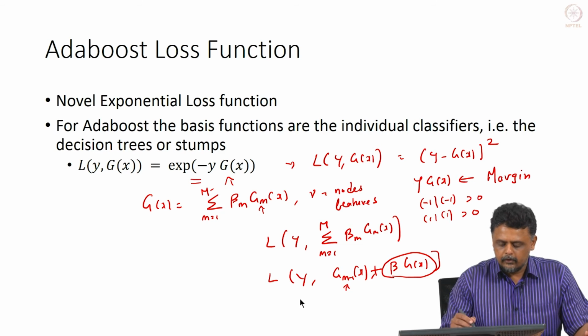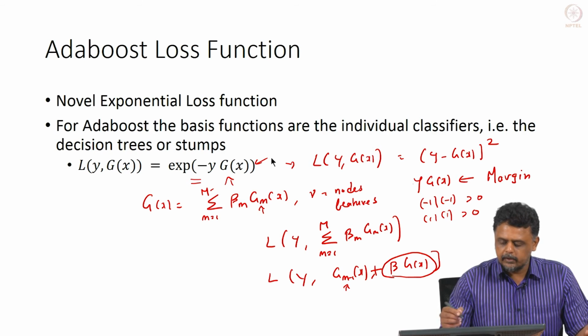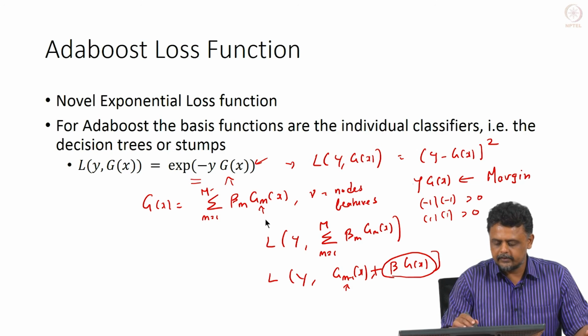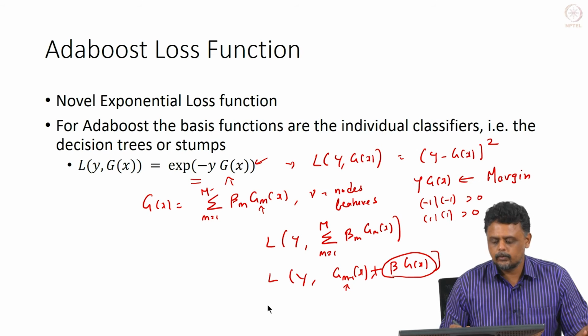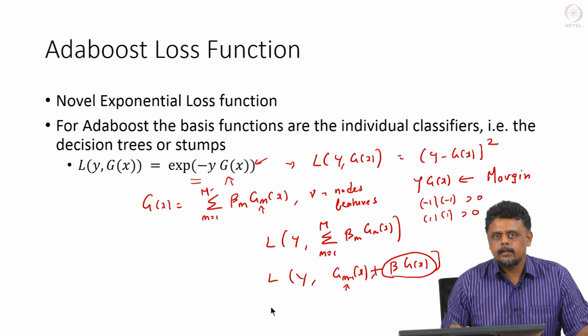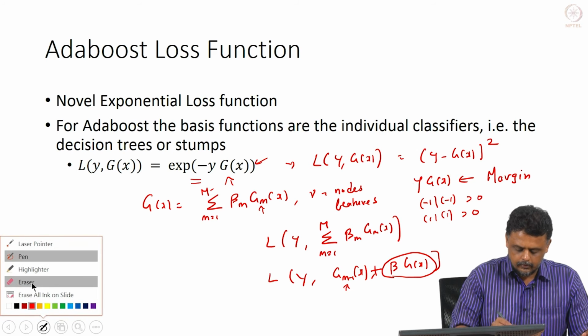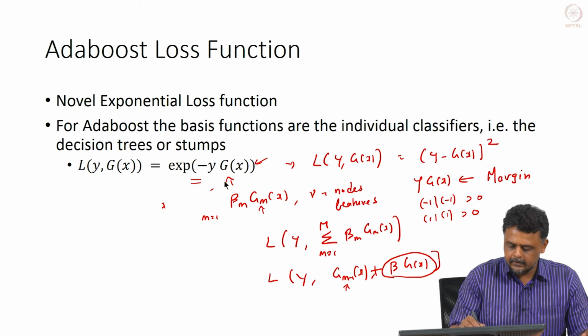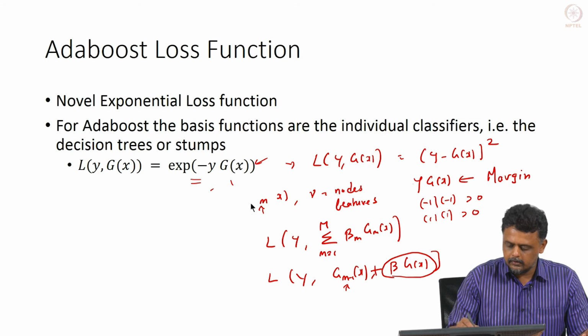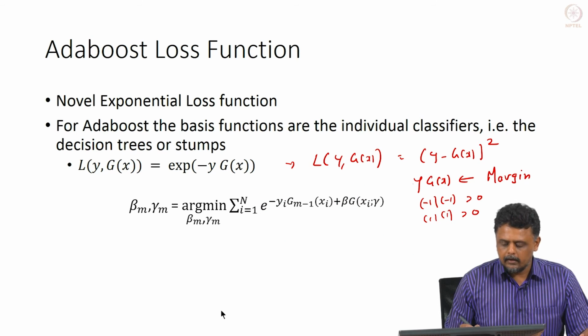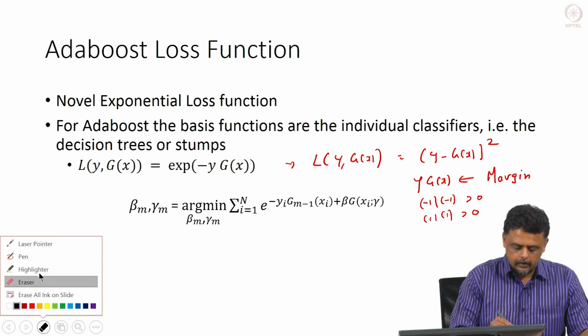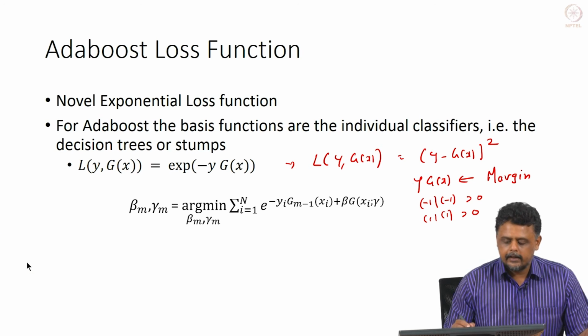So, if you use an exponential loss function, exponential of minus y g x, then we end up with the AdaBoost algorithm. We will just take a brief look at the loss function itself. I am going to erase this so that you can clearly see the formulas involved. The problem that we will end up solving if we use an exponential model is this,